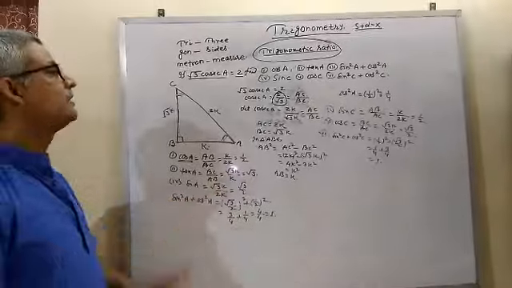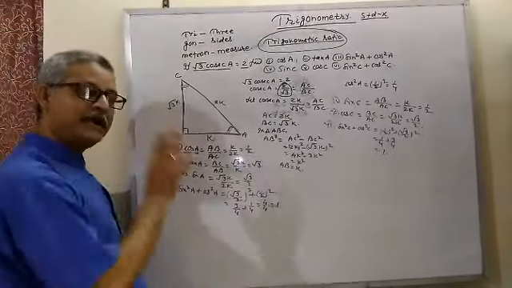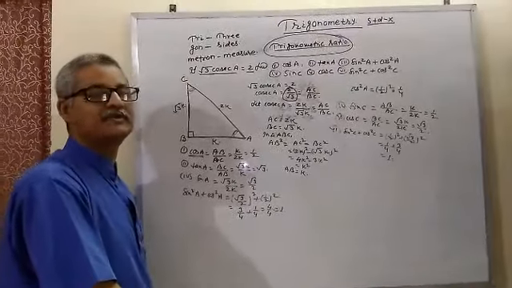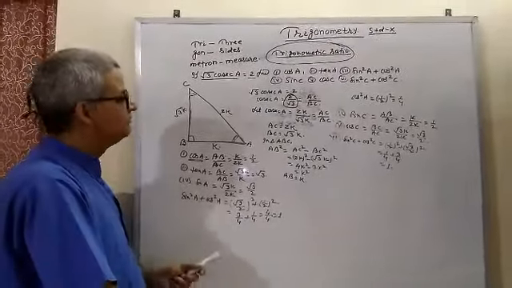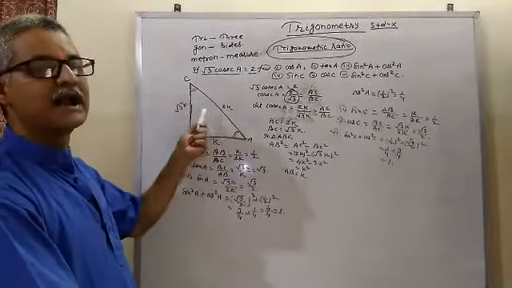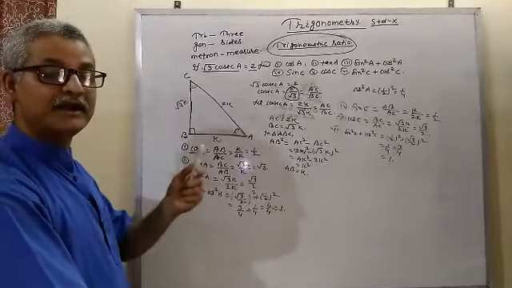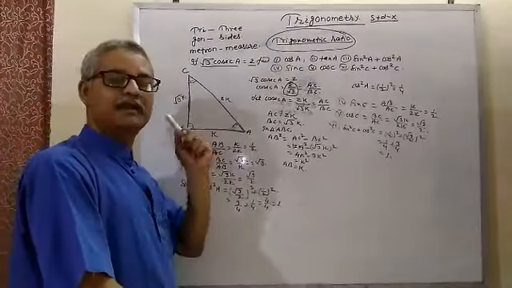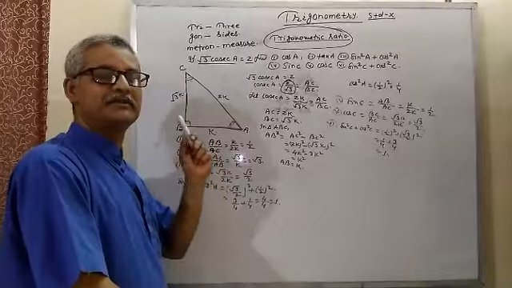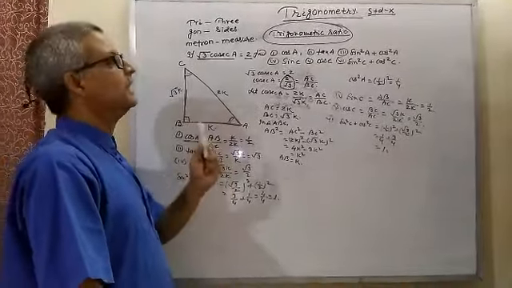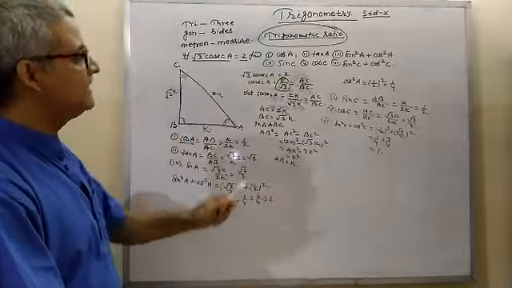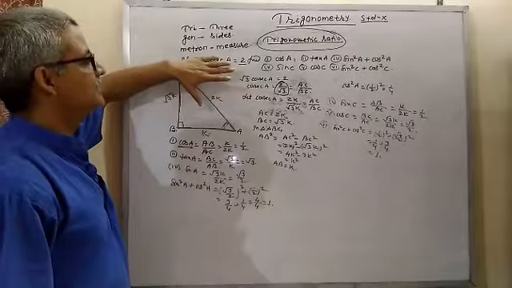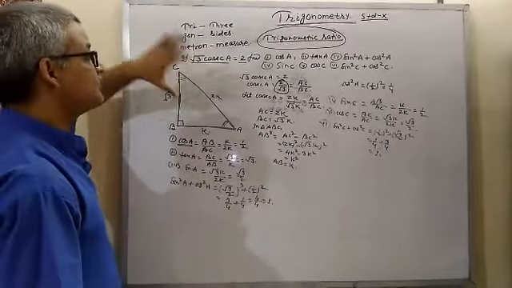So in total, now you observe one thing. Trigonometrical ratio questions can be solved by two different processes. The first process is by using a triangle, and the second process is by using trigonometrical identity. Maybe in the next video I will explain in which way trigonometrical identity is used in trigonometric ratios. In that way also we can find all these values, but this is the concept at the starting time in trigonometric ratios.